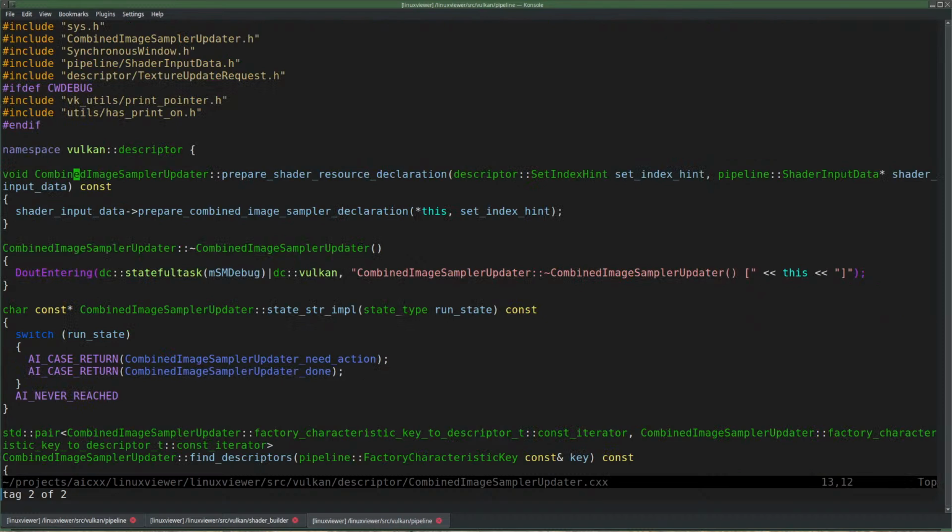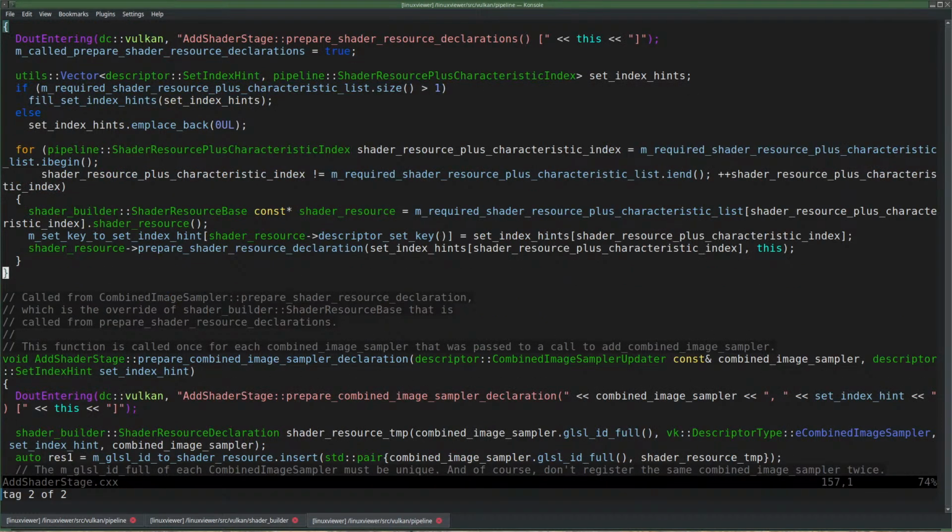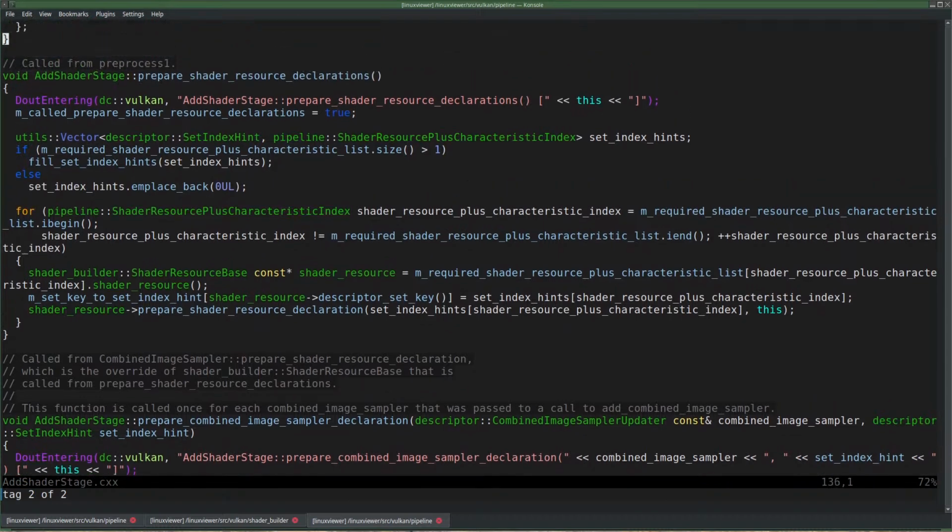So yeah, that's where it is called from, which is add shader stage. Okay, that can only mean one thing, right? That prepare shader resource declaration